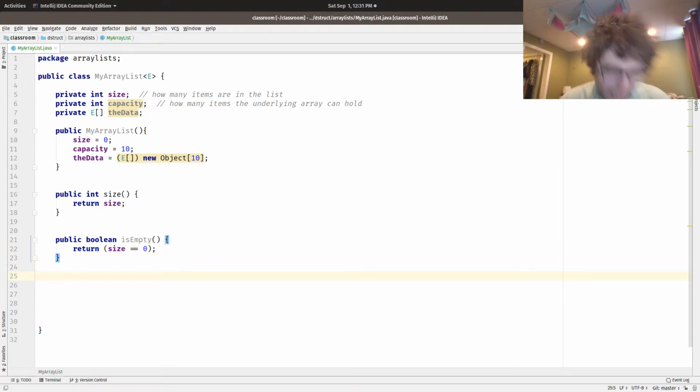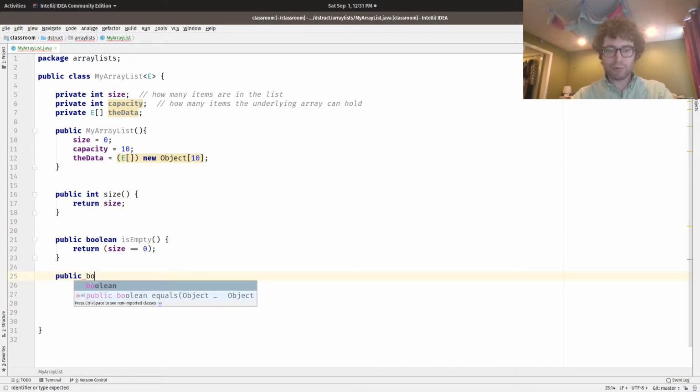Now let's go ahead and start up with, we might as well get started with, our actual bit of work with actually dealing with how do we deal with adding an item to the list. We're going to leave how do we expand the list for later, right? How do we increase the capacity for just a bit later, all right? But for right now, we need to figure out what we're going to do when we add an item to the list, right? There were two add methods, public Boolean